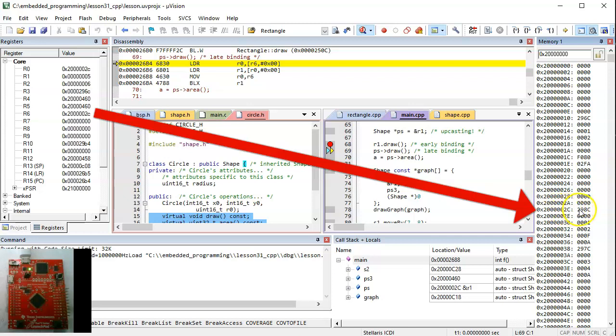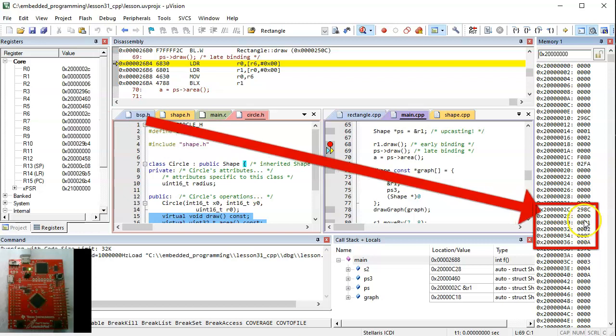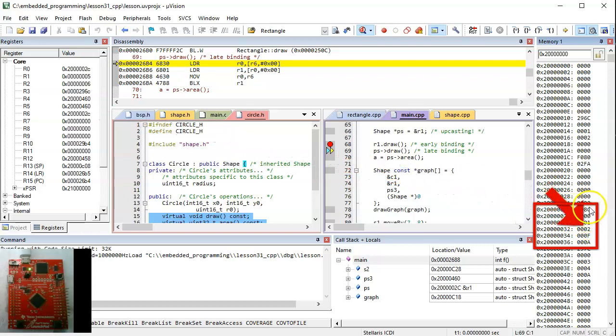So let's take a closer look at the this pointer in RAM. And indeed, you can recognize the 16-bit attributes x and y inherited from shape, as well as width and height added in rectangle. But now all this is preceded by a pointer, which apparently was added by the C++ compiler when you introduced virtual functions in the shape base class. So the overall size of the rectangle object is now enlarged by a pointer. Now, regarding the added pointer inside the rectangle object,